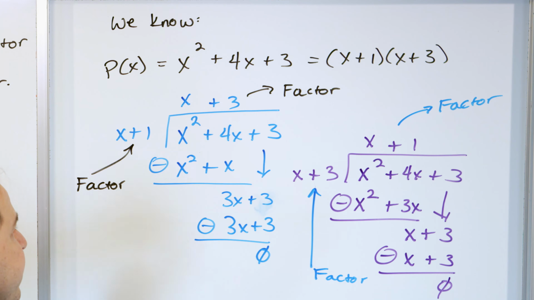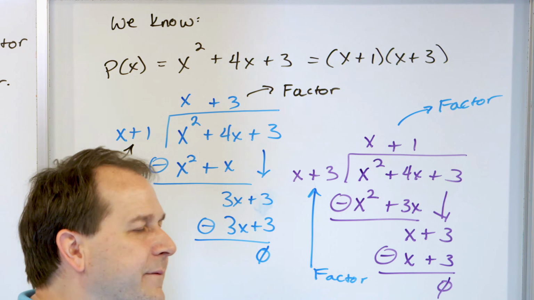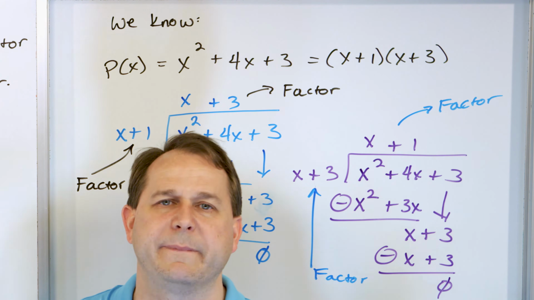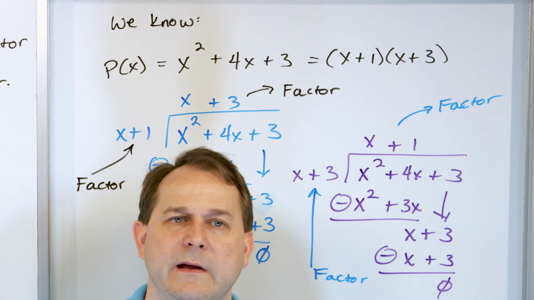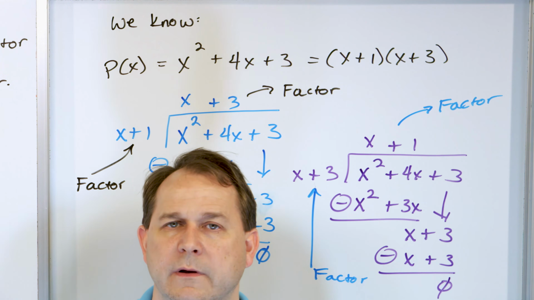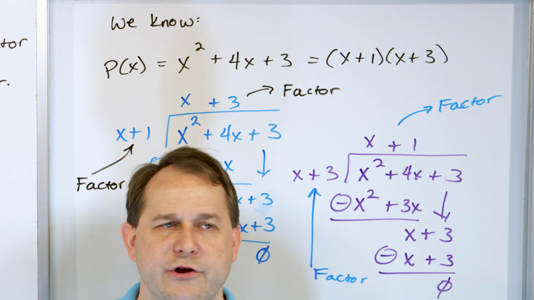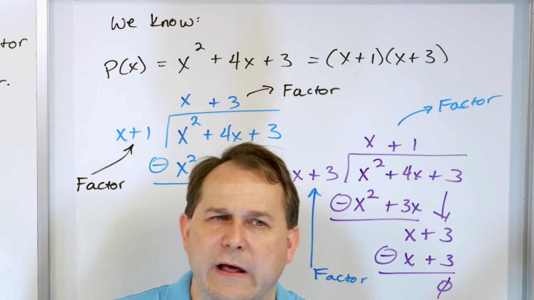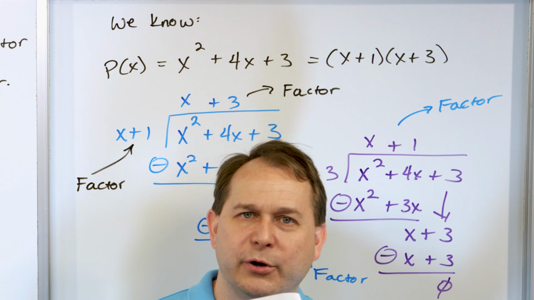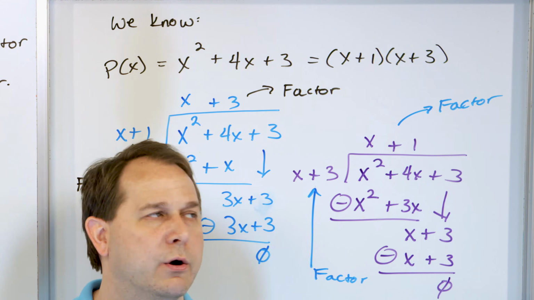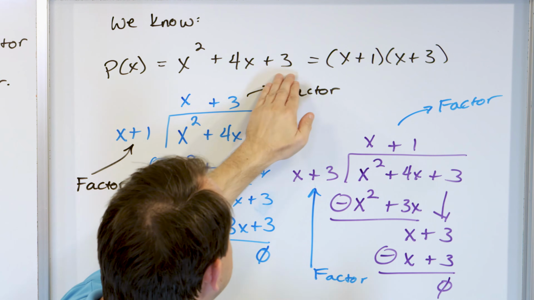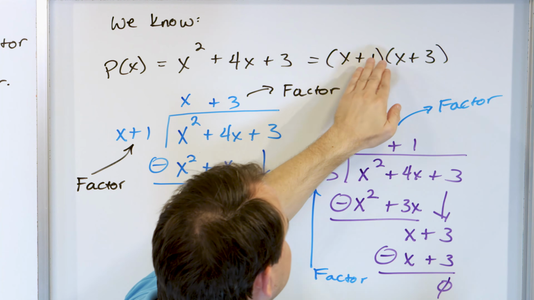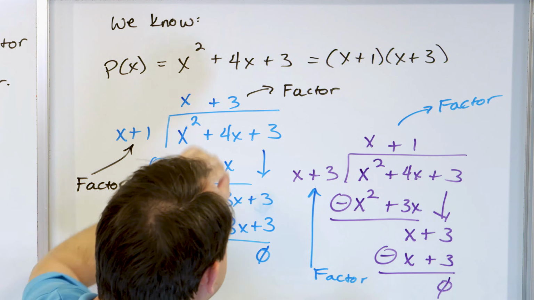Extremely important for you to understand this concept, because oftentimes a problem in algebra will go something like this. A polynomial, blah, blah, blah, has a factor, x plus 1. Find the other factor. And you're going to be like, how do I do that? I have no idea how to do that. All you have to do is take the polynomial and divide by the factor that you know. The way that you can do that is you know that if it's a factor, it must be that these things are all multiplied together. So finding the other factor is a simple matter of division,